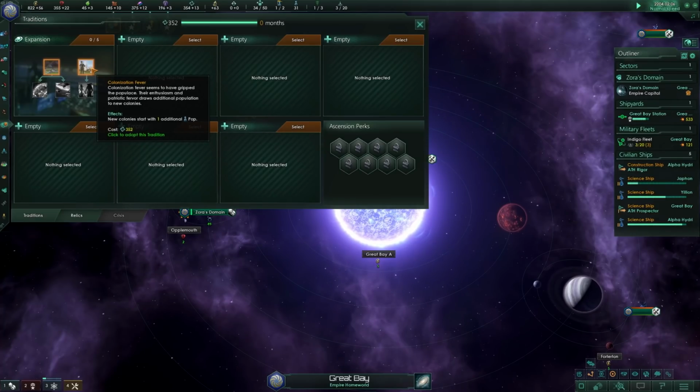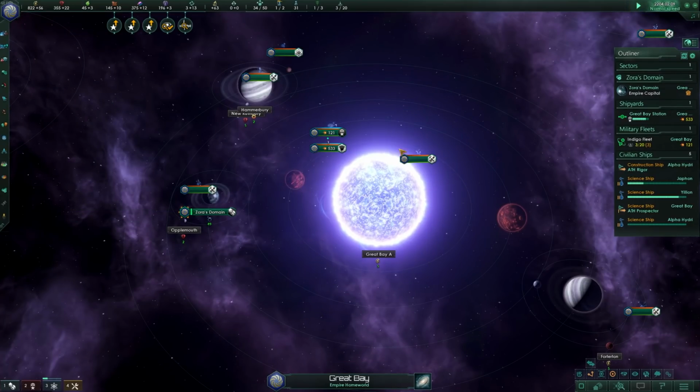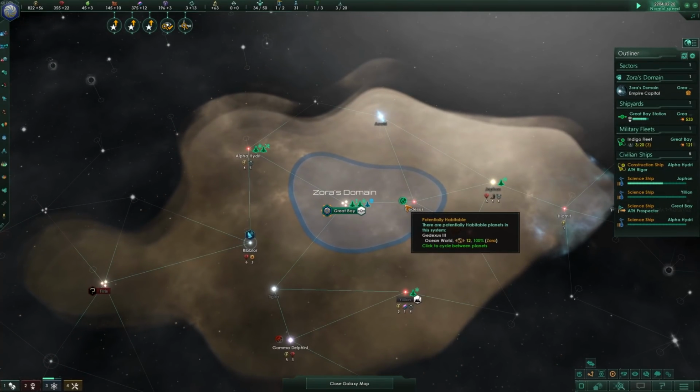Also, colonization fever is up now, and it just fits really because we found our first habitable planet outside of our colony, and with that we get an additional pop for every colony that we create. Just on time really, because my colony ship is already almost finished, and that we're going to use then on this ocean planet over there. Meanwhile,